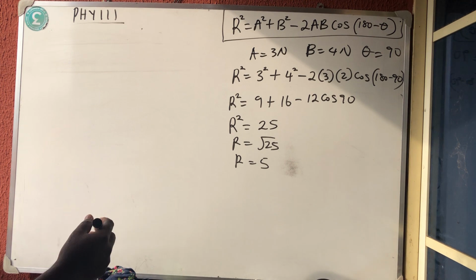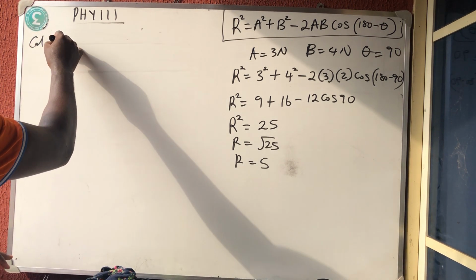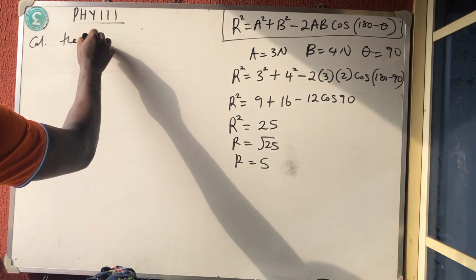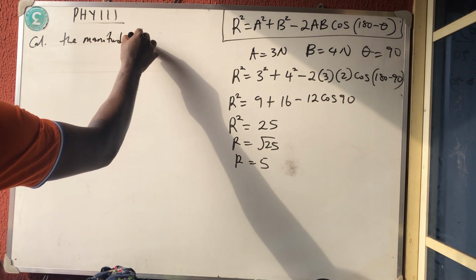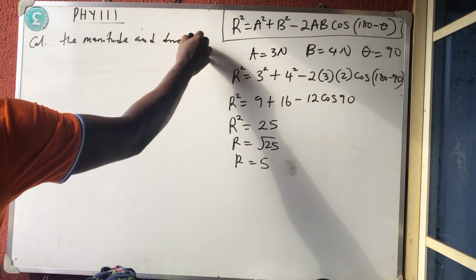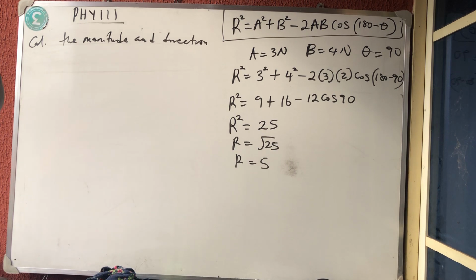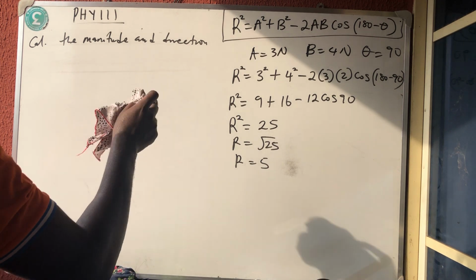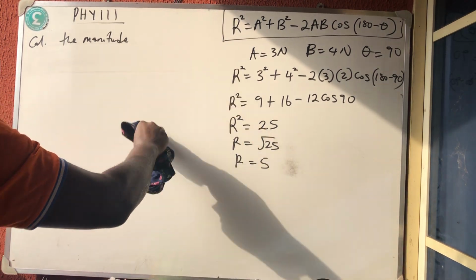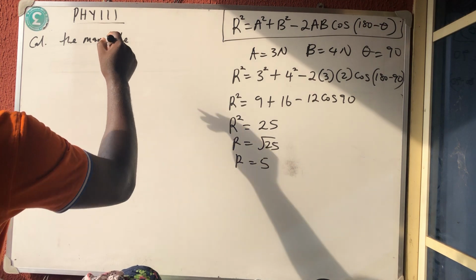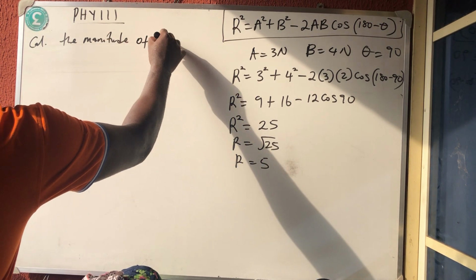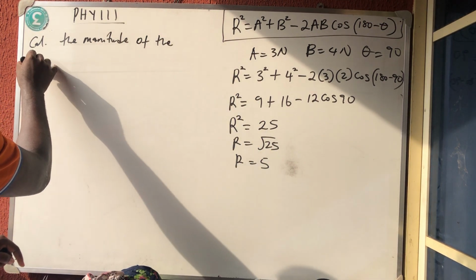Now, they say calculate the magnitude and direction. Okay, just the magnitude. They say we should find just the magnitude. We will still come to direction. They say find the magnitude of the resultant